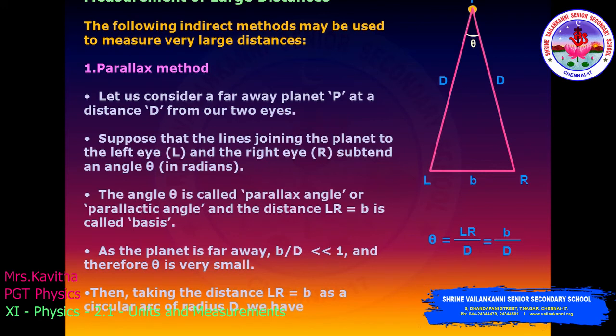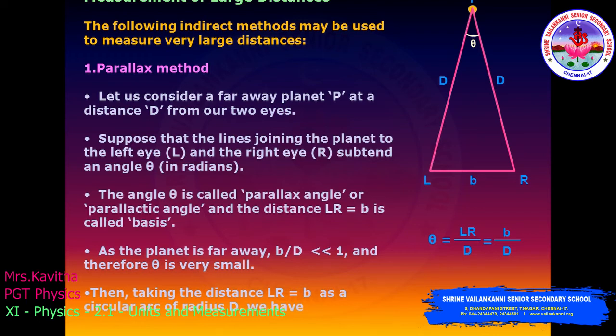Hold a pen at a distance S from the eye. Some distance you can keep, 15 to 20 centimeters away. Look at the pen first with the left eye L, closing the right eye, and then with the right eye R, closing the left eye. See, the position of the pen appears to change with respect to the background. Have you all seen this? Try it. Now you can try it with your pencil. Yes. This is called parallax.